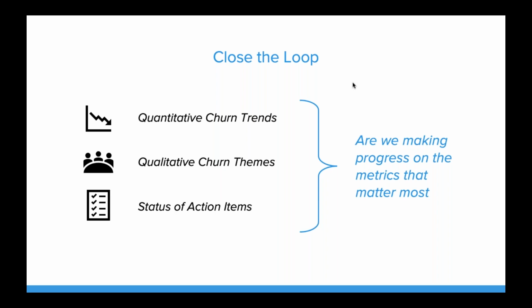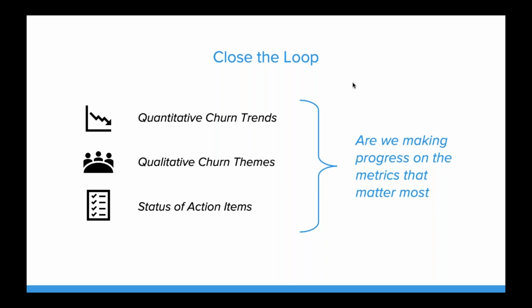For the qualitative churn themes, this can be an interesting way to see, again, if you're having an effect with regards to tackling specific themes. So if you analyze your churns from the last month or quarter and the top three reasons, actually looking quarter over quarter, what are those top three reasons? Are the top reasons from the previous quarter lower down the list? Are we losing fewer customers as a result of that issue? So that can help you get insight and visibility into, hey, are we making progress on the issue that we said we wanted to change?